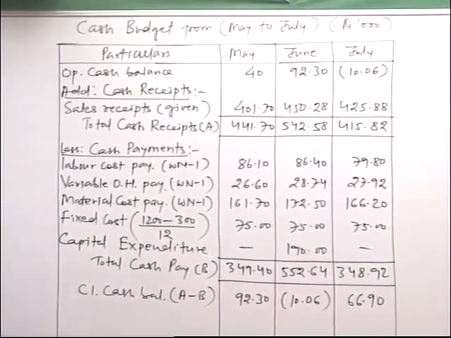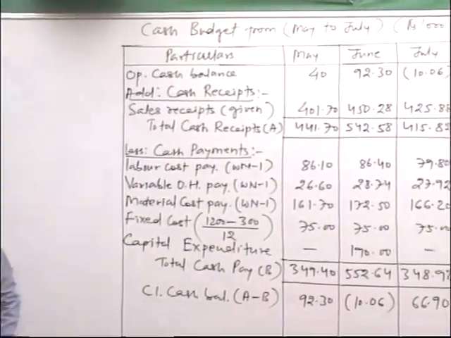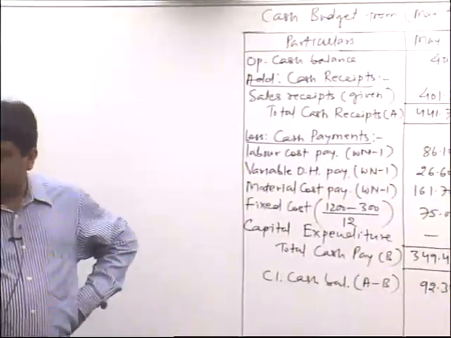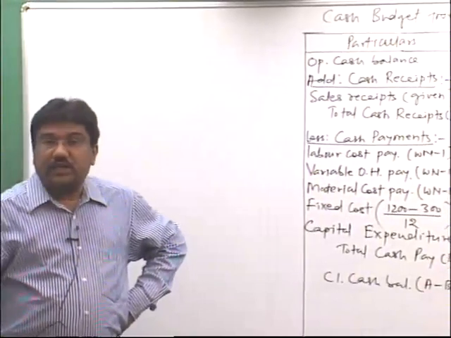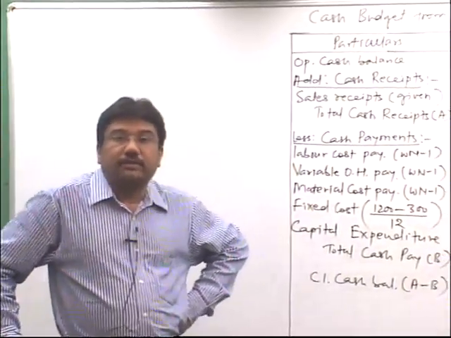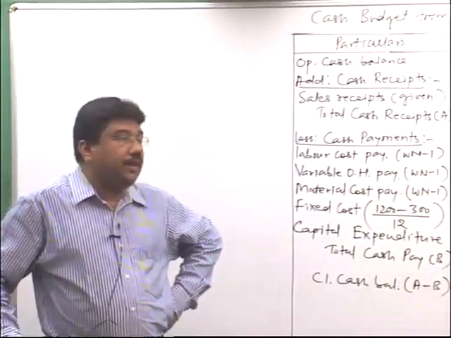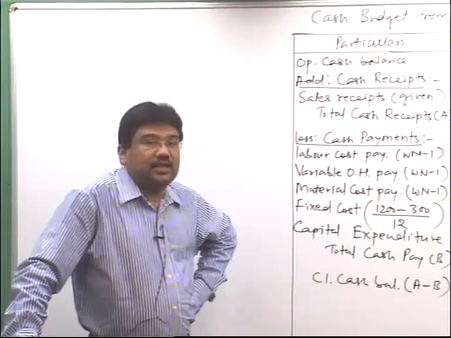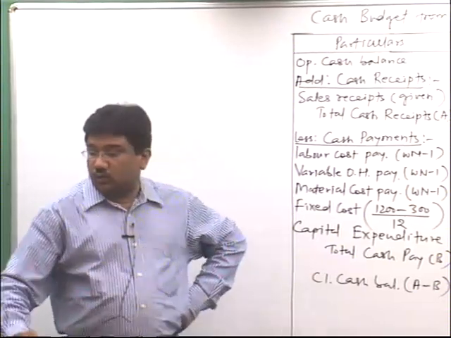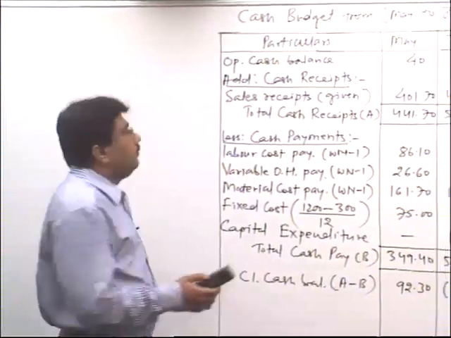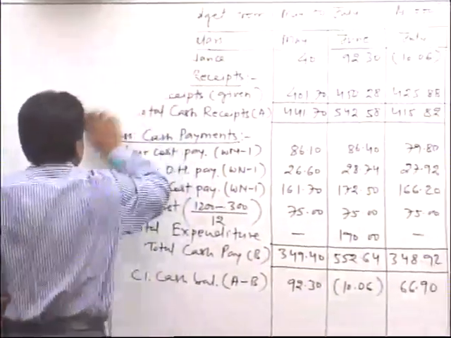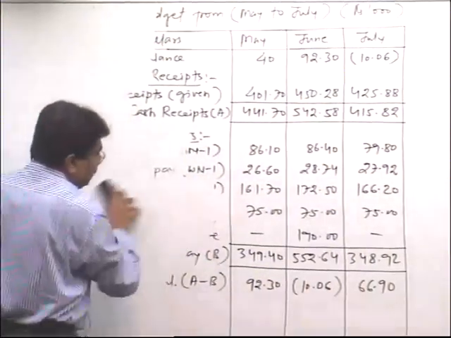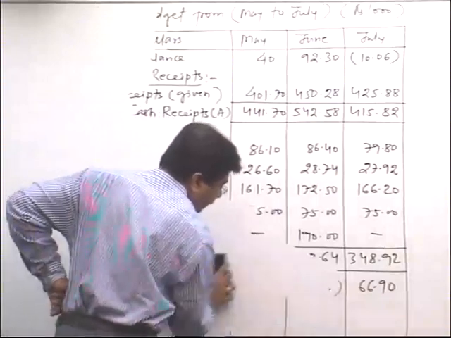Now all the students, please pay attention. Initially when I started this chapter, I had told you that there are 4 strategies of cash management. The first strategy of cash management is cash planning, and cash planning can be done by preparing a cash budget. So from sum number 1 to 5 we prepared cash budget. So the first strategy is over. Now we will go for the second strategy. First I will explain the theory and then we will do sums relating to the second strategy of cash management.